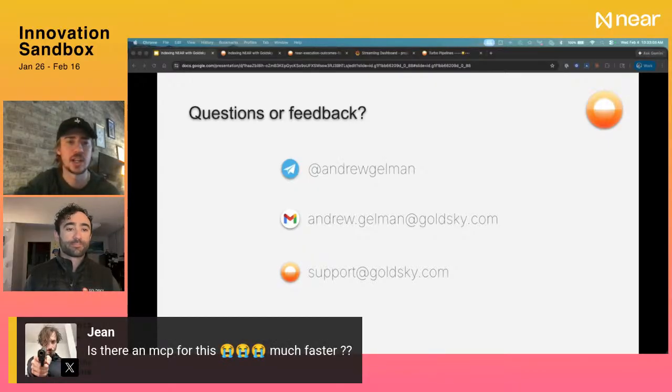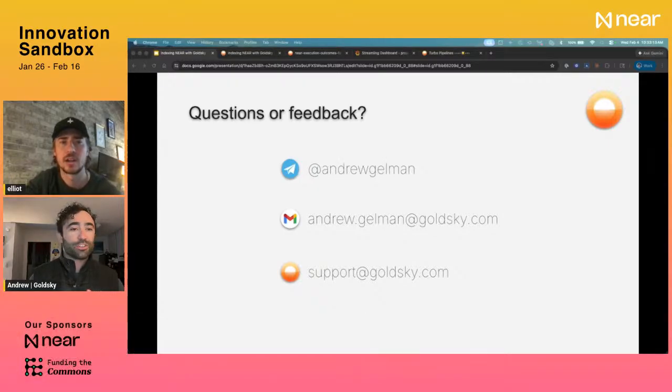Gotcha. We do have one question. Is there an MCP for this at all? Do you know if there is one? Is that basically like an agent you talk to that builds for you? Essentially, it's Model Context Protocol. It's yes, in a way. It's a way for agents to talk and communicate. Yeah. So I don't know how much I'm allowed to talk about it, but